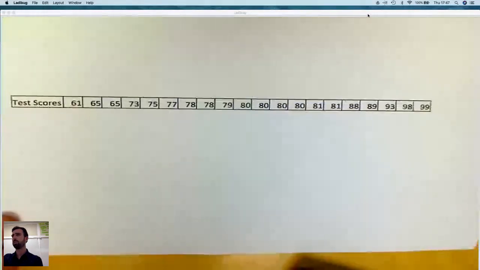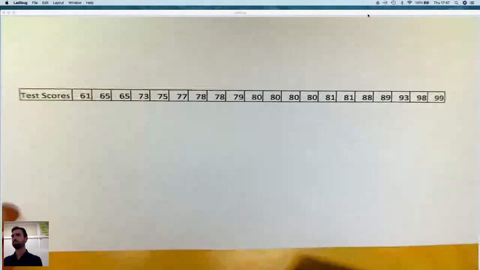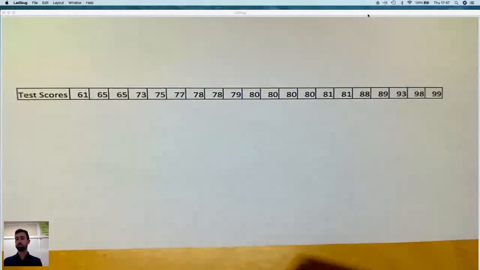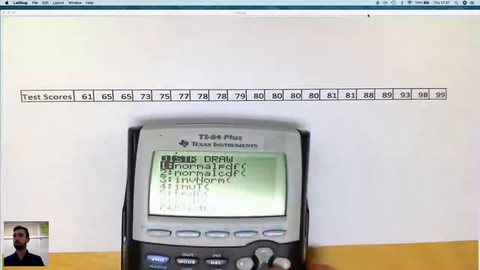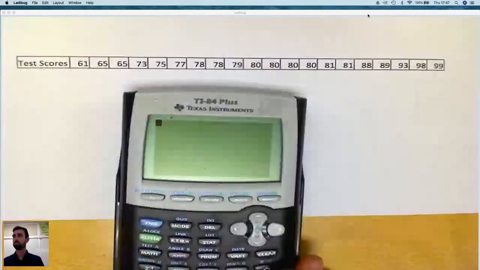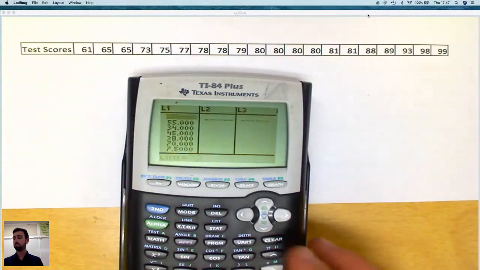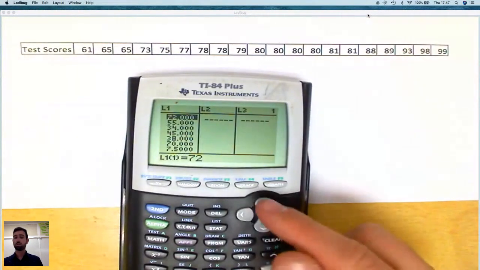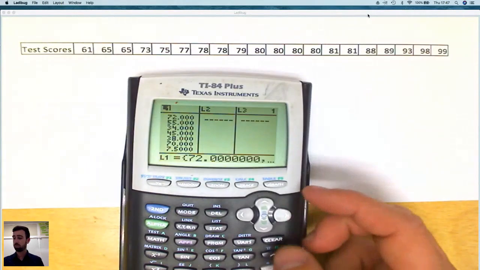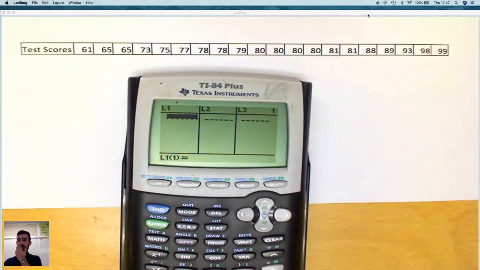Okay, so here are some test scores that I calculated from my Algebra 1 class. If you remember from our last session, we talked about how we can enter that into the calculator. Just for those of you that weren't here, here's a quick review. Open your calculator and hit the Stat button, Edit. You have a bunch of lists. To clear your list, go to the top, hit Clear, Enter,